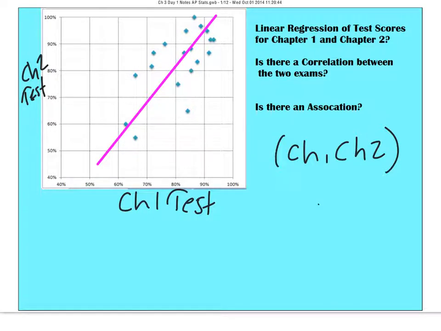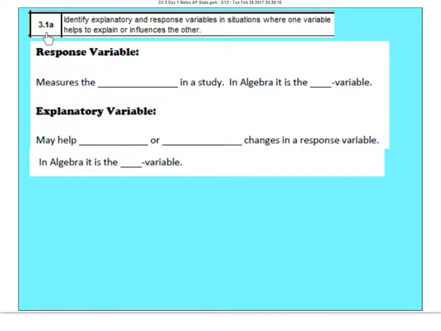One question we might be asked is, is there a correlation between the two exams? Also, is there an association? Again, these are the two types of questions that we will address, along with many others, as we investigate Chapter 3. In 3.1a, we're going to identify explanatory and response variables in situations where one variable helps explain or influence